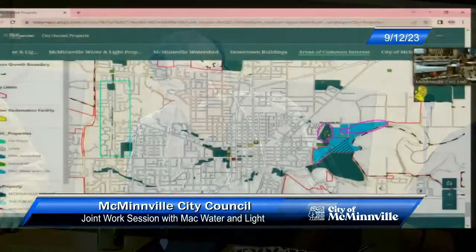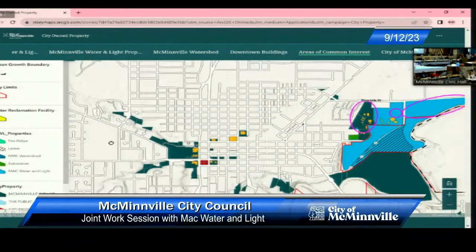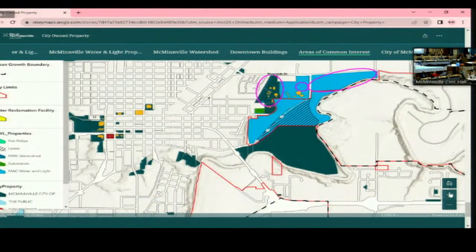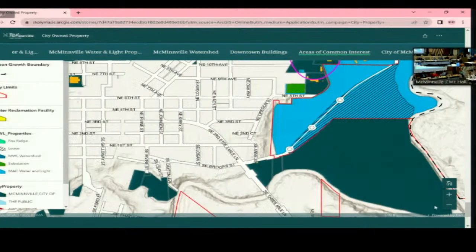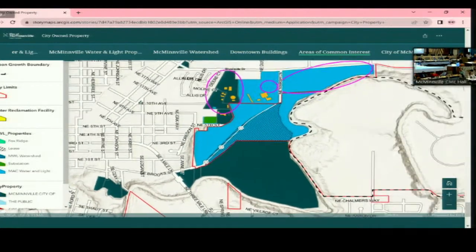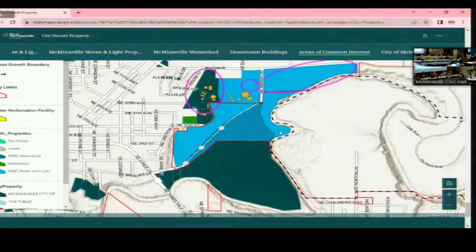What happened there was the Water and Light purchased the portion of Dancer Park on the east side, the part that's east of the road that goes through it. We purchased that, and then I believe, John, or Sam, we gave the city an easement or a right to put their road in there, right?